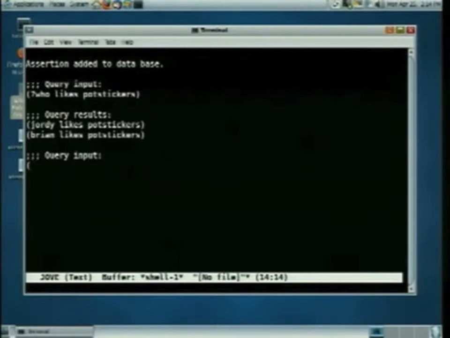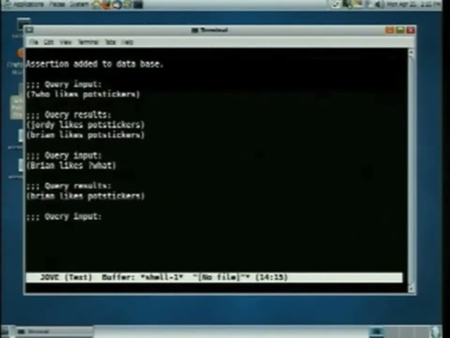So I can say, Brian likes ?what. By the way, I'm trying to use meaningful variable names here, but as always in programming, the query system doesn't care what name you use. It could just as well be X and Y. And we get Brian likes pot stickers,